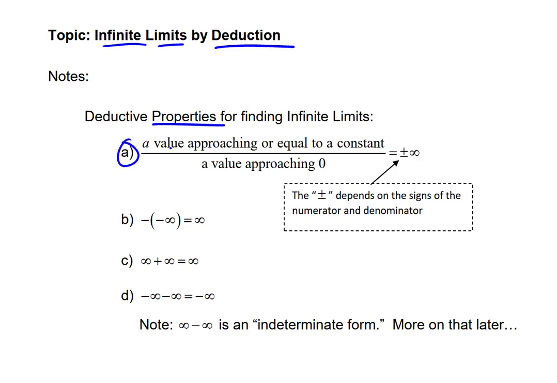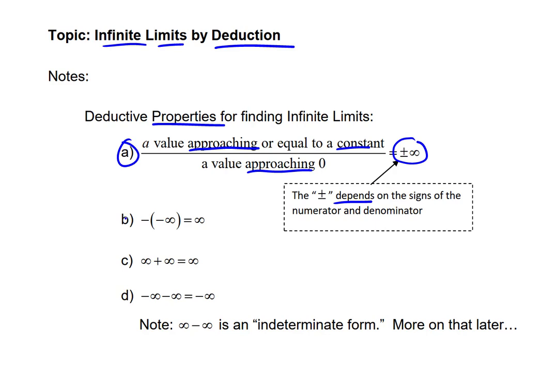First of all, a value approaching or equal to a constant. Remember the word approaching? That's a key word in limits. So if a value approaching or equal to a constant, which is just a number on the number line, like a real number, is divided by or over a value approaching 0, again, the key word there is approaching, it is equal to plus or minus infinity, and the plus or minus depends on the signs of the numerator and the denominator,